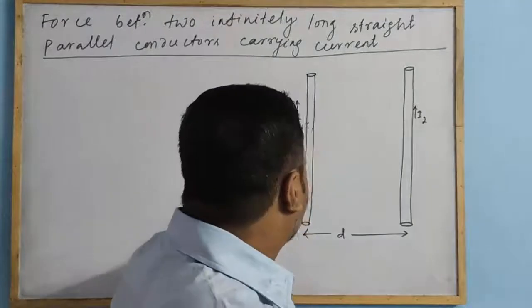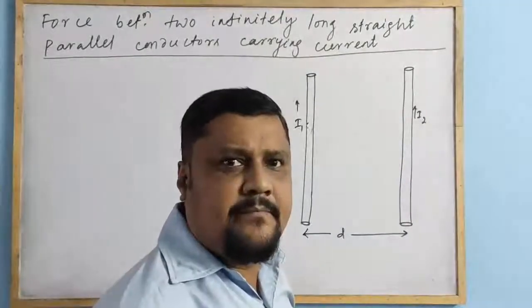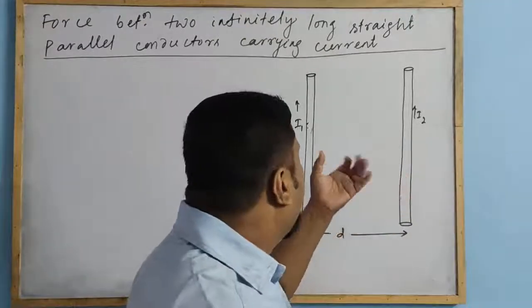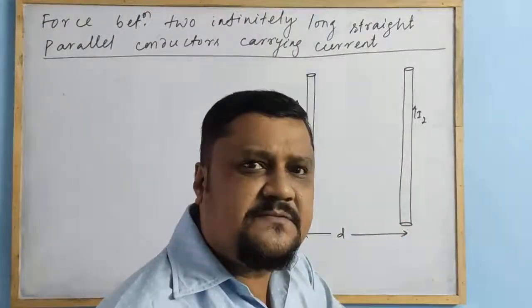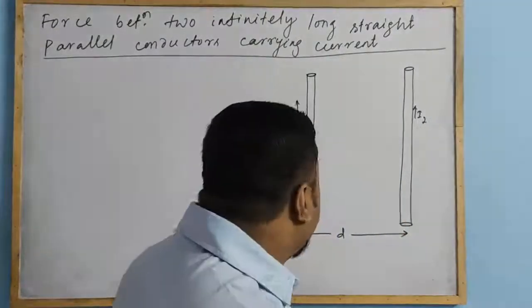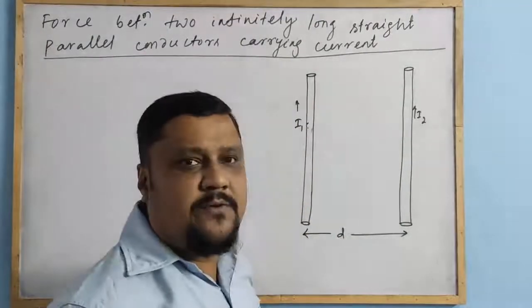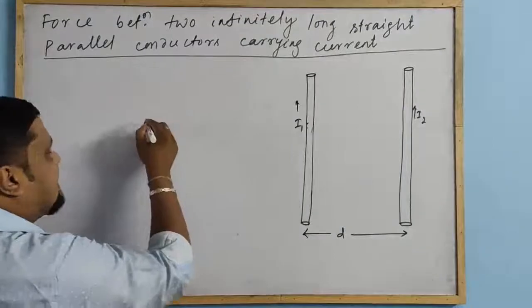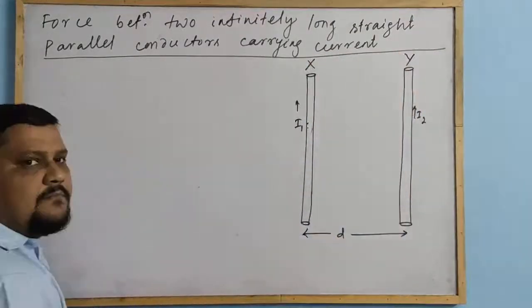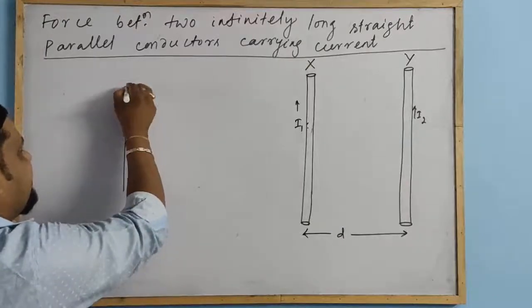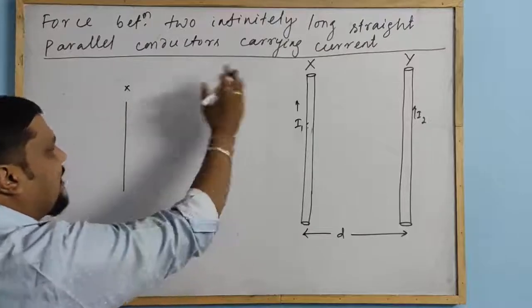First we will understand that when these two current carrying conductors are placed side by side, is there any force exerted between them? Yes. Why? Now we have discussed that if this is a current carrying conductor, clear? Let this conductor be X and this be Y. So this is the X conductor and there is a Y conductor. They are placed like this. So forget about this Y.